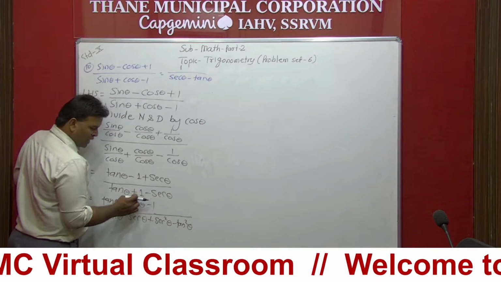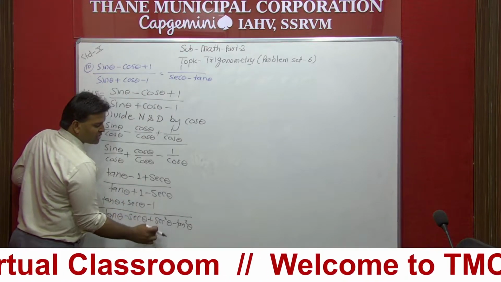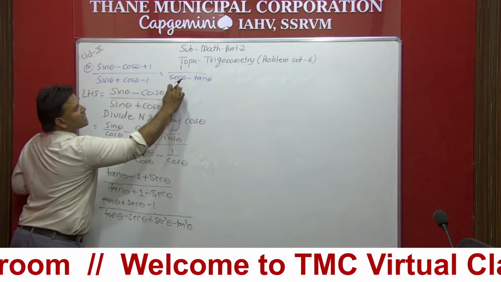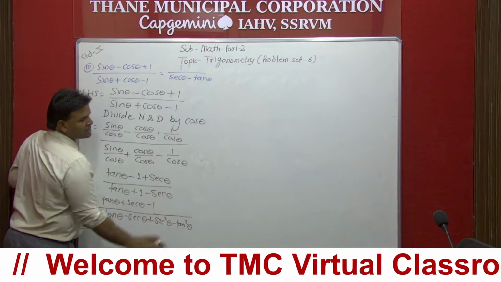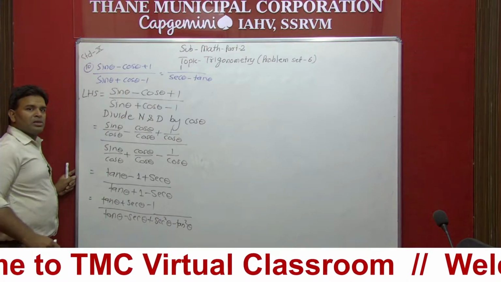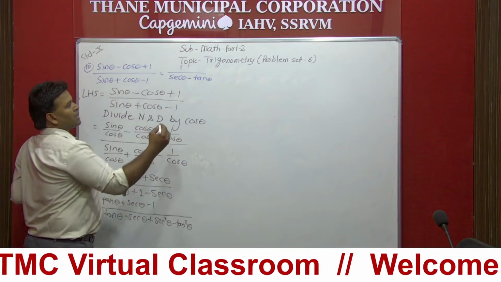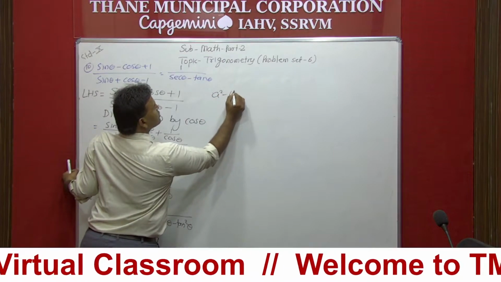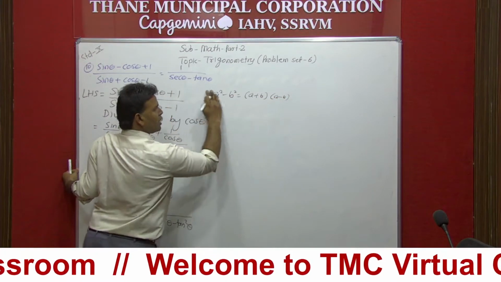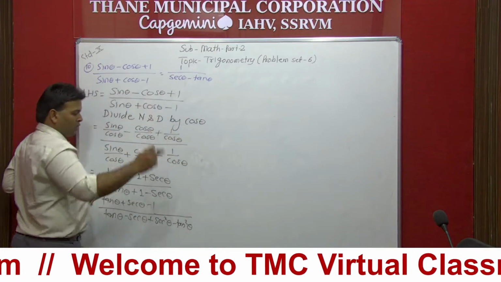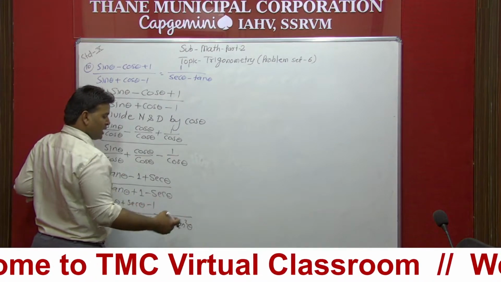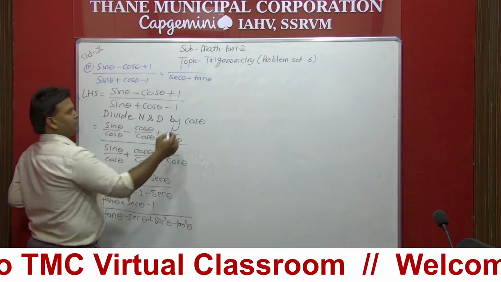Here plus 1. So here I have taken plus. Instead of 1, what I have written? Sec square theta minus tan square theta, because here I need sec minus tan. So sec minus tan जैसा कुछ तो यहाँ पे आ गया. Now see, for this we will write down the formula. This is nothing but the simple formula a square minus b square. A square minus b square can be written as a plus b and a minus b. According to this formula, I will write down sec theta plus tan theta, then sec theta minus tan theta. So let us see the next step.